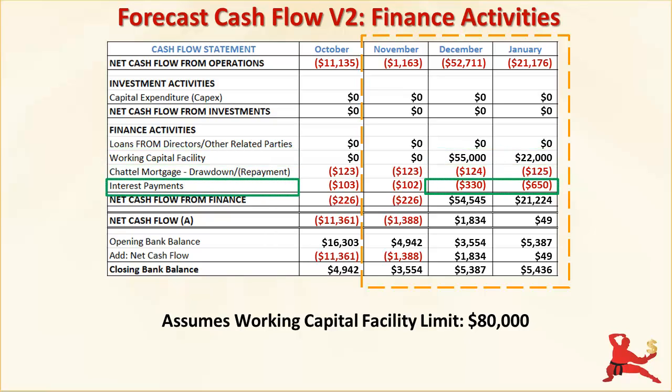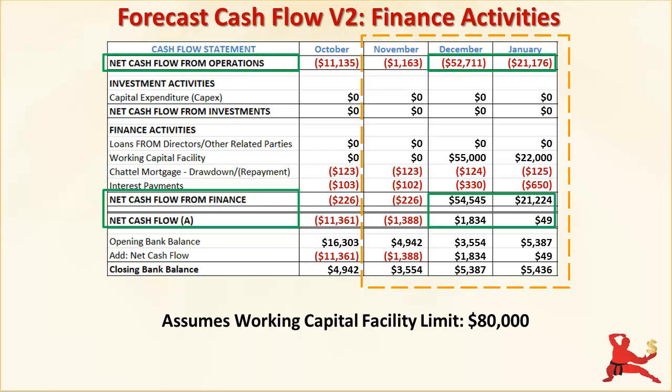Cash outflow from interest payments over December and January will be higher as we've got additional debt in those months and we have to pay interest monthly. This cash inflow from borrowings in December and January enables us to finance the cash flow deficit from operations. As a result of the cash inflow from borrowings, the overall net cash flow for the business is positive in December and January, and we borrowed enough to ensure that we have a small positive bank balance at the end